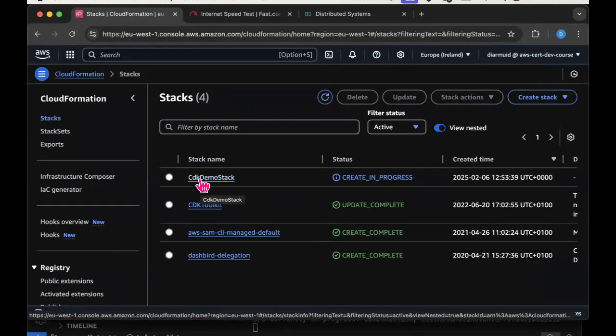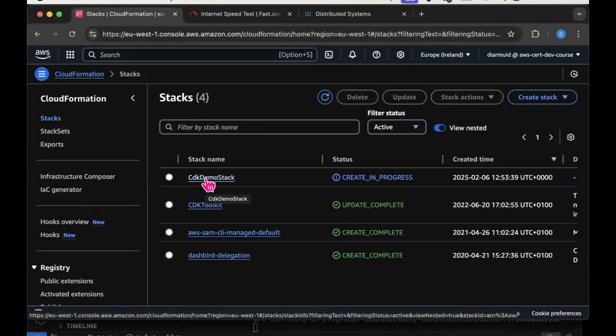This is the stack that it has created for me. CloudFormation deals in stacks, whereas in CDK we talk about apps, but of course the CDK app is comprised of stacks, and the CDK app that I'm deploying only has one stack. That's why there's only one stack here related to my app. If there were multiple stacks, we'd see them all here.